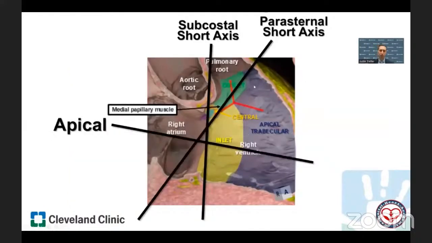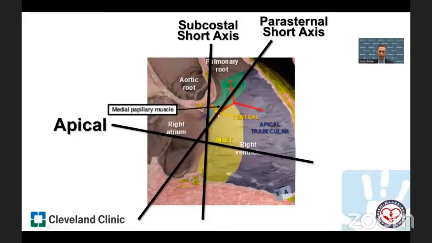And so if we think about how we cut this by two-dimensional echo, I have some lines here that are rough cuts. Our apical cut would cut from posterior to anterior in this right anterior oblique view of the right ventricle. So it's cutting all four chambers across both of the AV valves. Our parasternal short axis view will cut more or less parallel to the plane of the ventriculo-arterial basal ring of the aortic root, which is seen here wedged down in between the tricuspid valve on this side and the mitral valve on the other side.